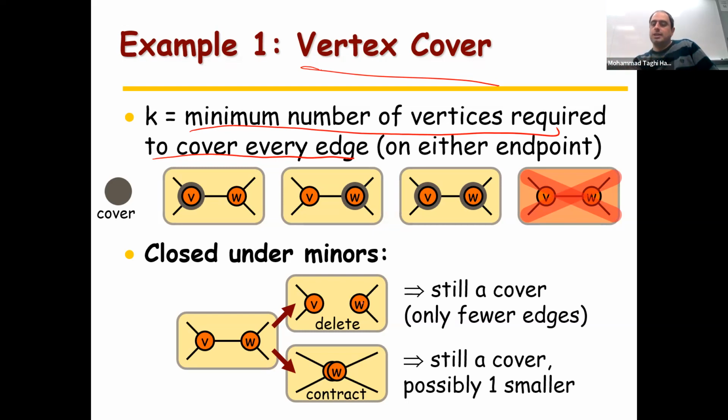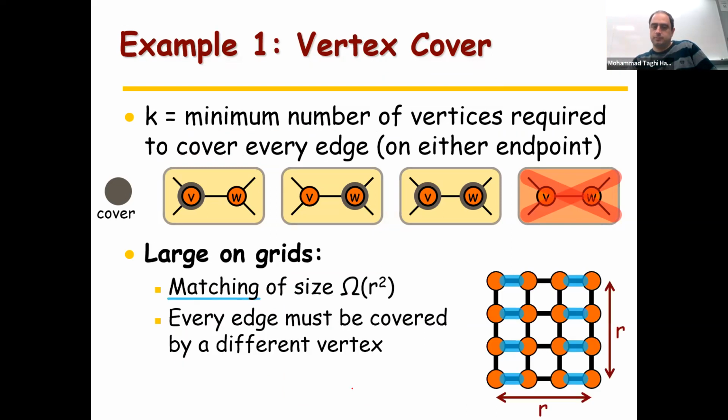So even by deleting or by contracting, you may go under, you may decrease by 1 even. Not only do you not increase, but you may decrease. The other property should be large on the grid. Both of them are very easy to check. That's the whole idea. This was again the beauty of the Robertson scheme, or of minor closed properties, that the